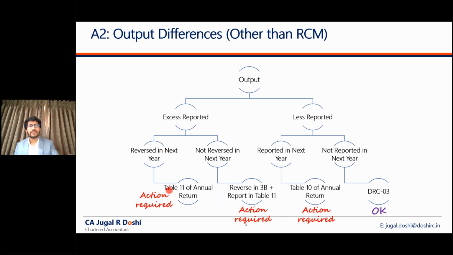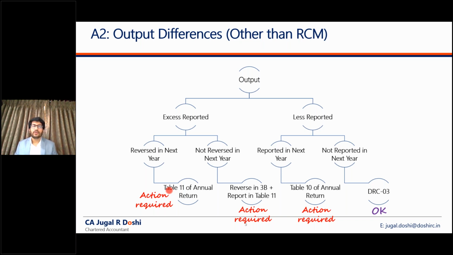So how to report these transactions in the next year? While discussing GSTR 9 in an earlier video, we saw that table 4 specifically covers only those outward supplies which are made during the financial year. So outward supplies which are made in an earlier financial year but disclosed in 3B of the current financial year are not to be included in table 4. To that respect, there is going to be a difference in tax payable and tax paid in table 9.